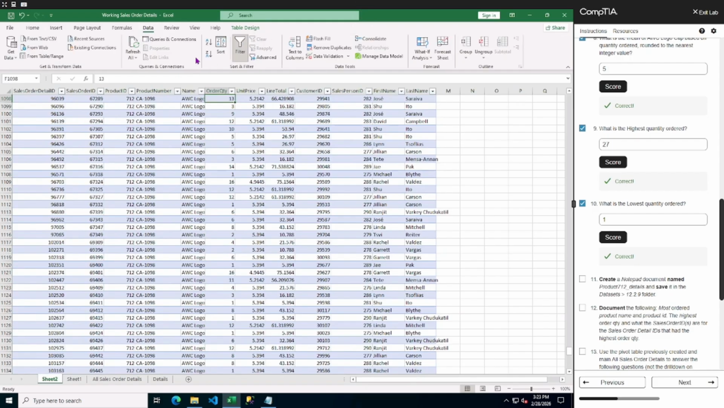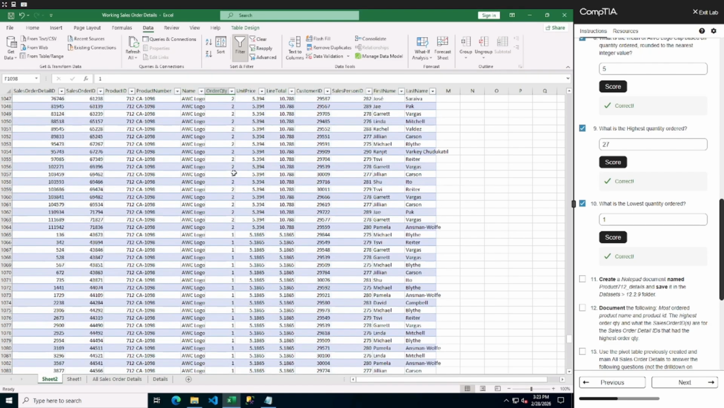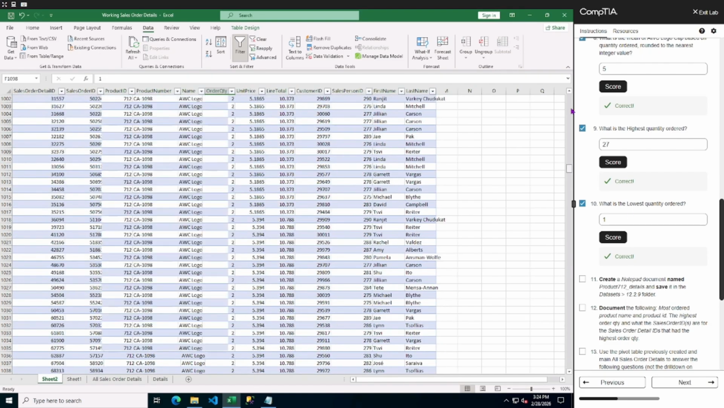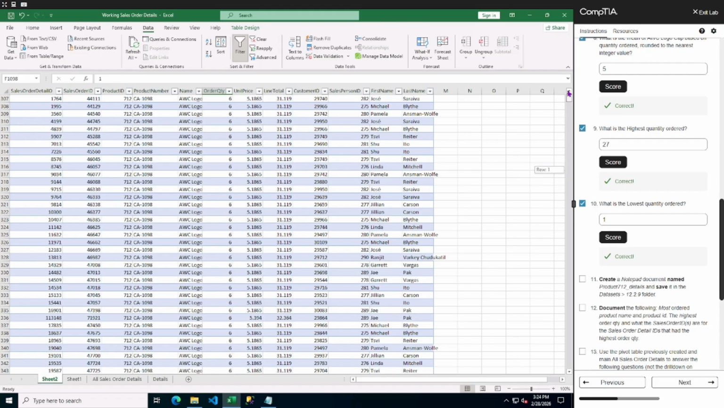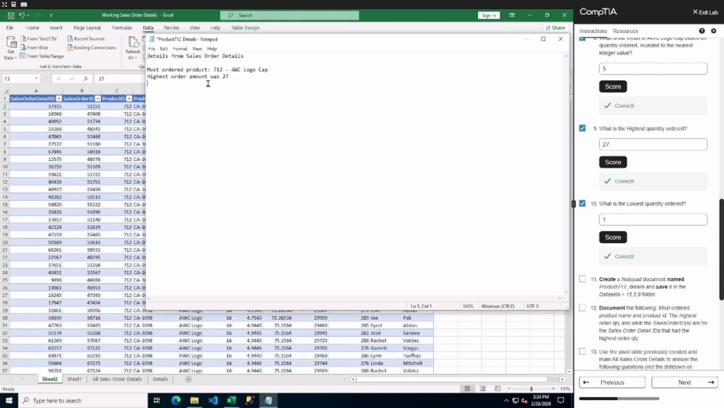So we'll go to data and we're going to sort this Z to A. Go all the way to the top. So our top sales orders, and I don't know if they want the top 3, so let's just give them that. Top 3 orders by quantity. So we're going to have